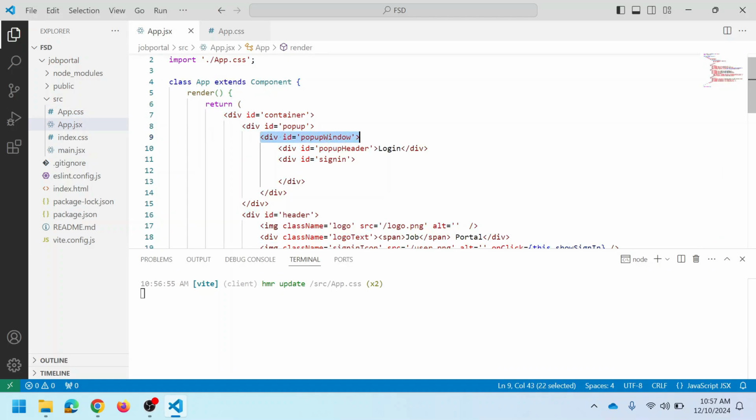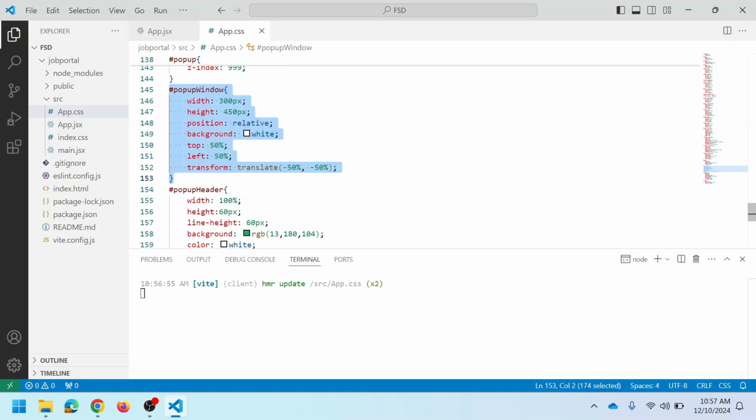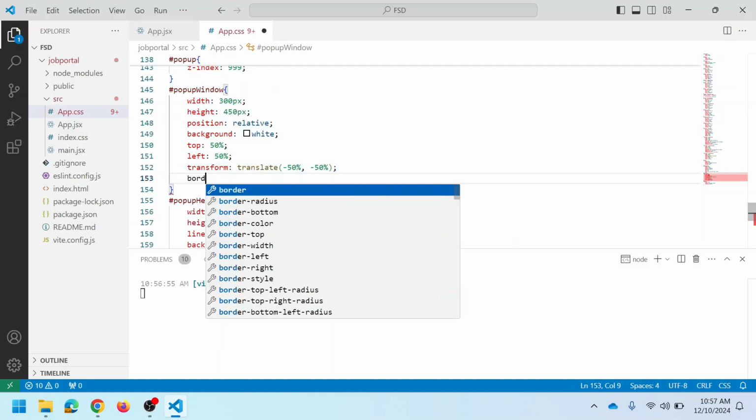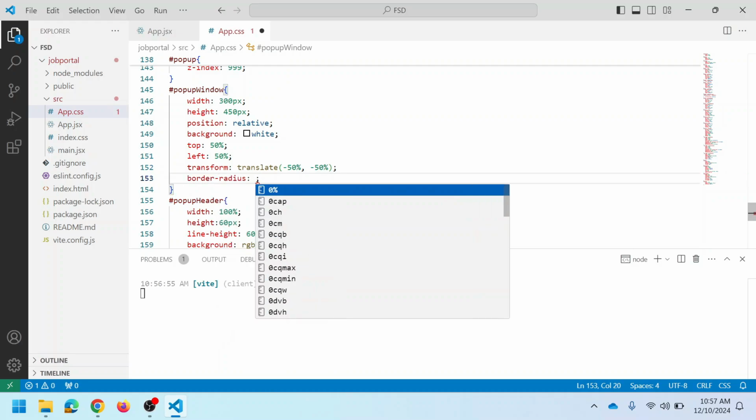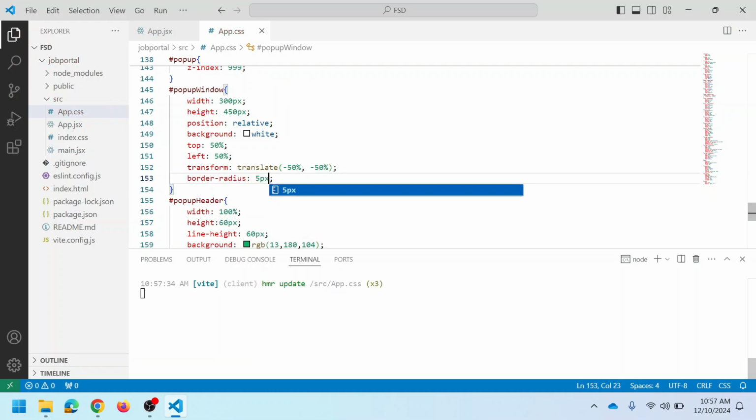Pop-up window will be the parent. Inside the pop-up window, there are two div elements. One is pop-up header and another one is sign in. Now I'm going to set border radius for the pop-up window. Then go to app.css, add border radius 5px, then save